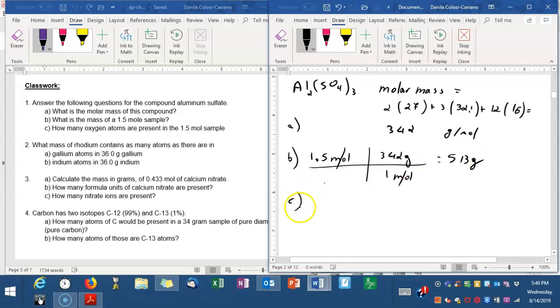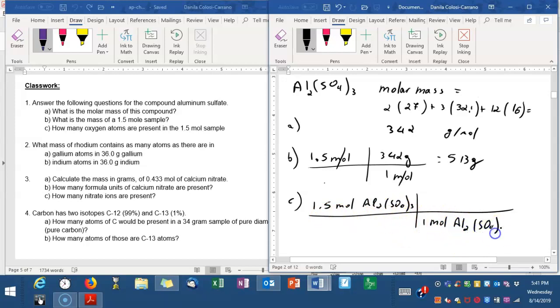And then, see how many oxygen atoms are present. Well, let's go back to our number of moles. So we have 1.5 moles of the aluminum sulfate. Now, in 1 mole of your aluminum sulfate, you have 12